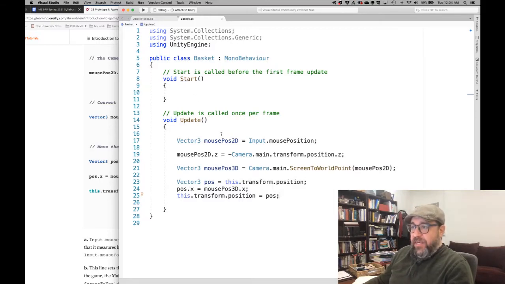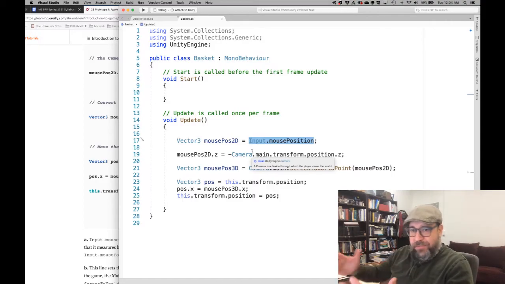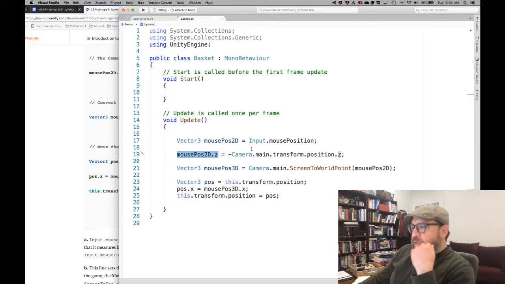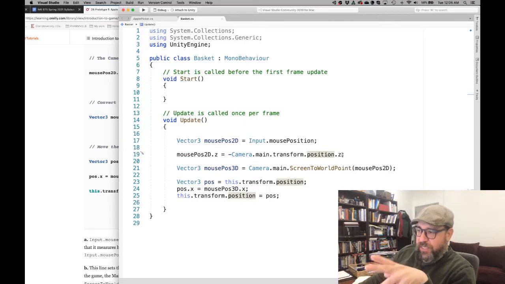So each basket is going to be tracking the mouse position at the same time. We're going to use the mouse to control the baskets. What this is doing, it's grabbing the current mouse position in 2D, right? Because the mouse is a flat representation. It's X and Y. So this moves on the X or the Y, right? Now, we're adding in a Z value so that we can allow the mouse to be translated into 3D space, okay? So now for doing so, we basically are taking the camera position and mapping that to the Z position